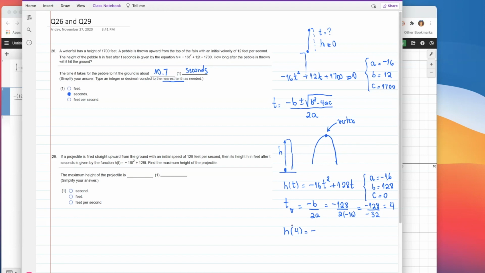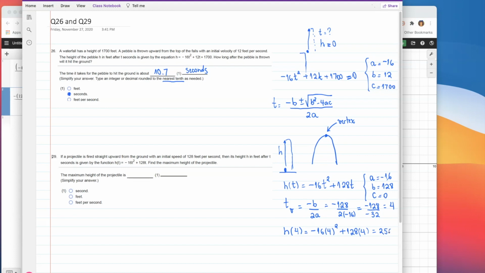Now I found the t. I plug in to find the output when the time is 4. Then negative 16 times 4 squared plus 128 times 4. So this will give you the number